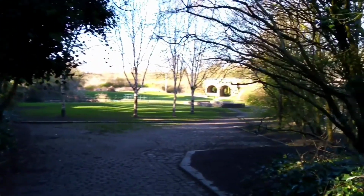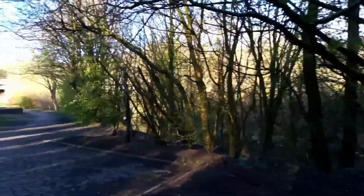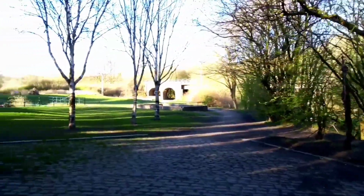Hello everyone. So today I've come to an area called the Burrs. It's a nature reserve these days. But I'm going to start the Manchester, Bolton and Bury Canal Company explanation. So this is the introduction because I've never really done it properly. So we're just going through the woods. I'll start at the top of the gate and we're going to explain some of the things that